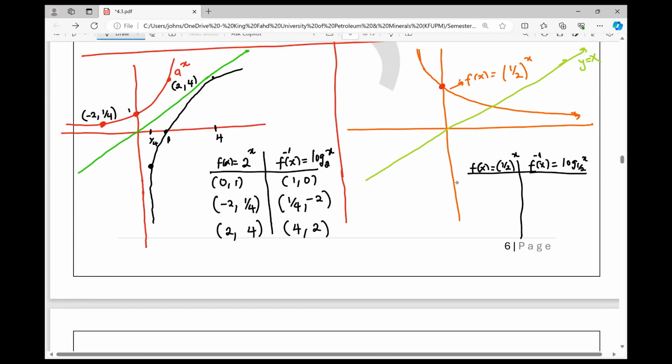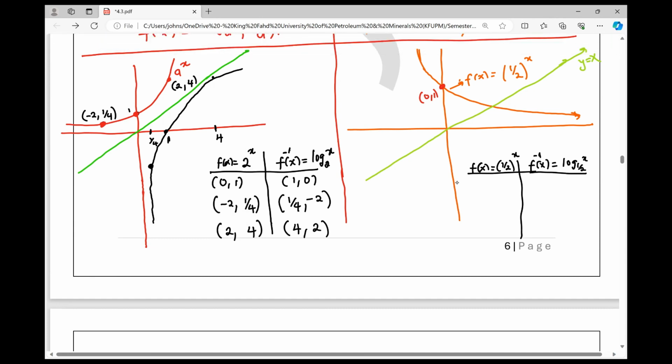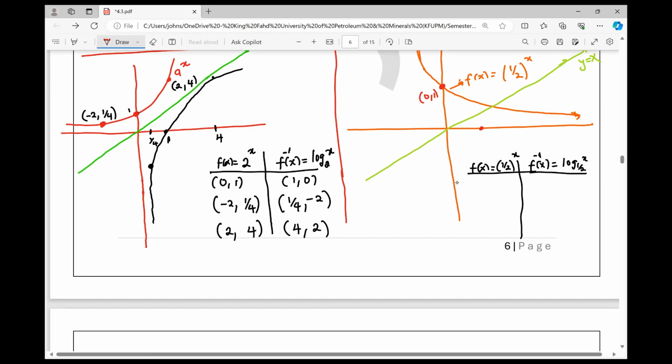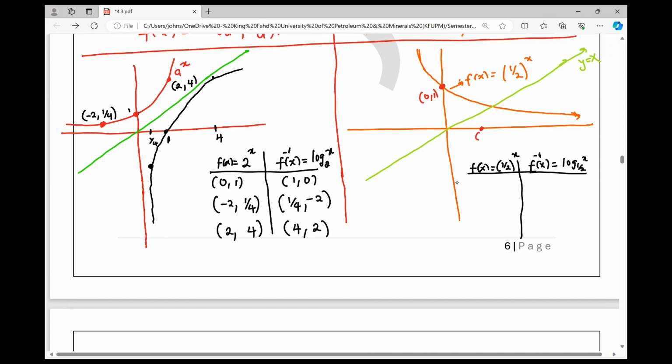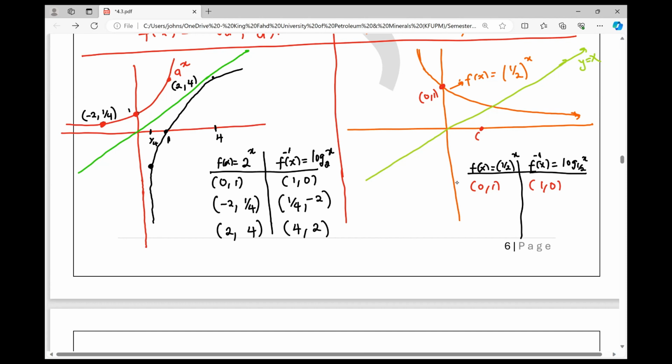So if this is (0, 1), it becomes (1, 0). So it's going to be somewhere here, (1, 0). So (0, 1) will become (1, 0), right? Okay, then we can also take another point. Usually you can take some points to just see. For example, if you take any point here,